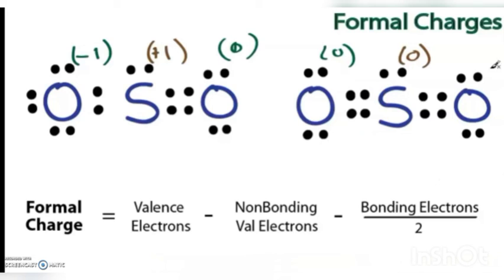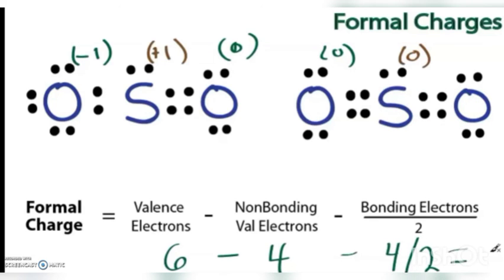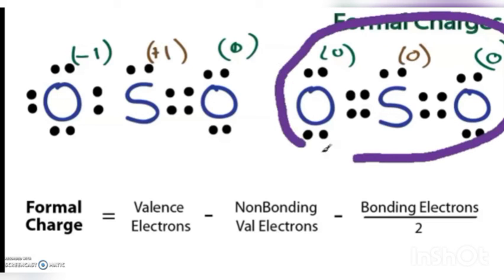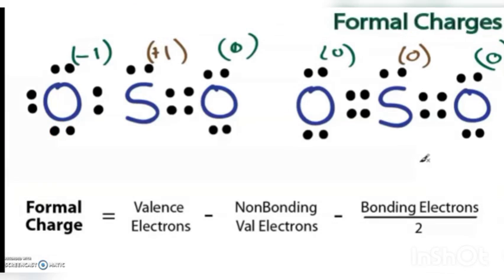Then what about this oxygen? Let's calculate. Valence electrons 6, non-bonding electrons 4, bonding electrons 4. We get 0. So which is the most appropriate Lewis structure? The one having values nearest to 0 is the most appropriate structure. So this structure is the most appropriate one for sulfur dioxide. This is the importance of the